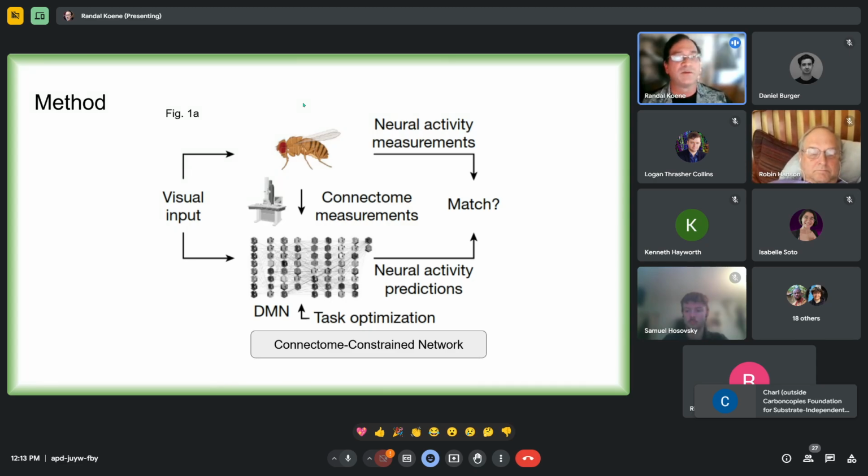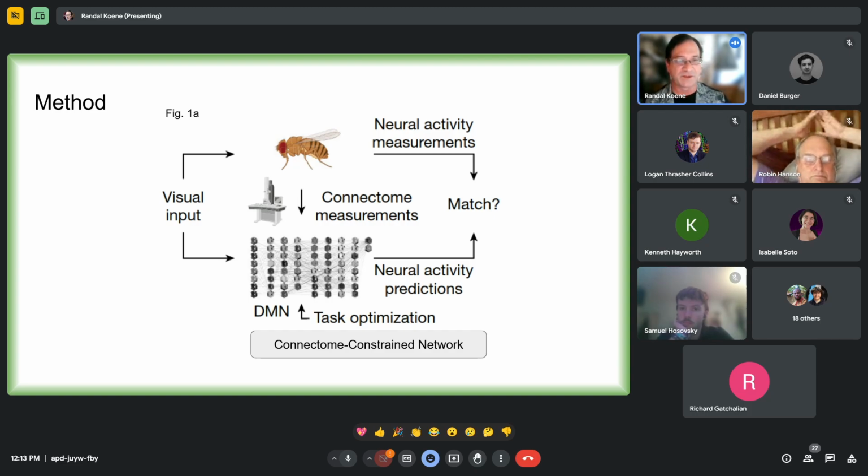So this is the first figure from the paper, and it depicts the approach that was chosen. In order to use deep learning optimization methods, a model is built that's piecewise differentiable. Cell type connectivity, single neuron connectivity, and synaptic strengths are constrained by information from the fly connectome. Additional simplifications that we'll discuss in detail are made to further reduce the number of free parameters, and the remaining parameters are optimized to perform a computer vision motion detection task. Then, visual stimuli are presented to the optimized model, and the neural activity recorded at those specific neurons and cell types is compared with activity measured in corresponding experimental studies to validate the model.